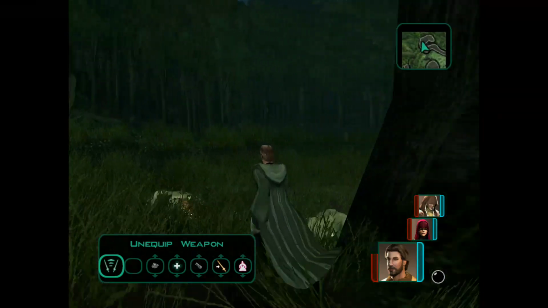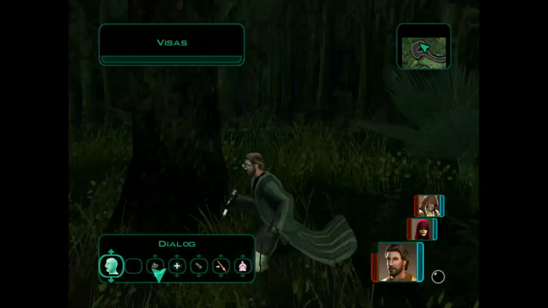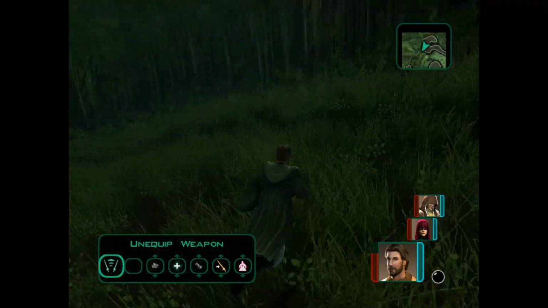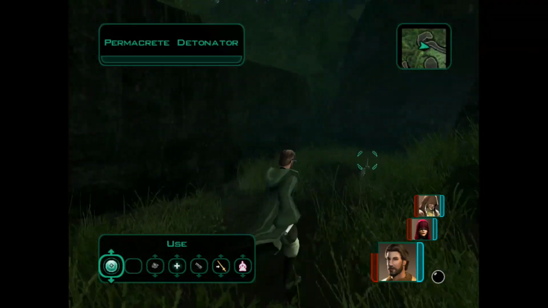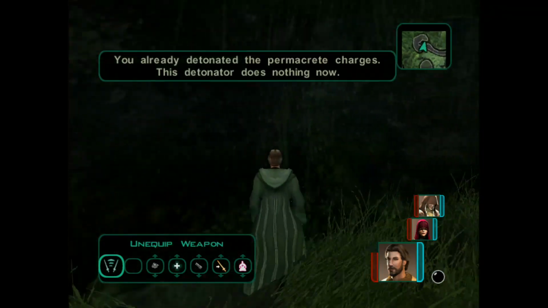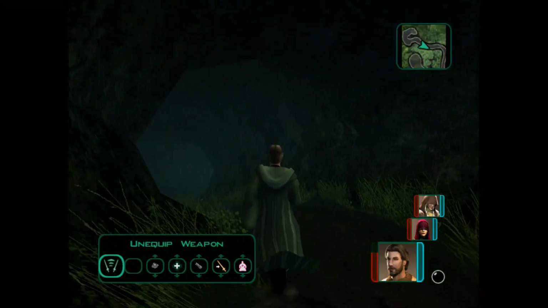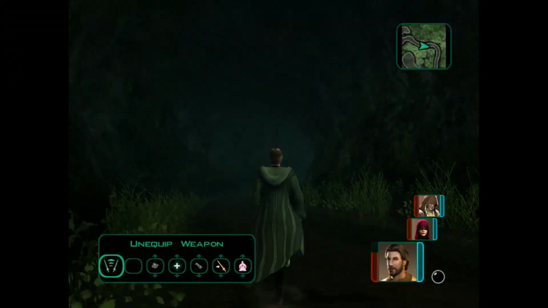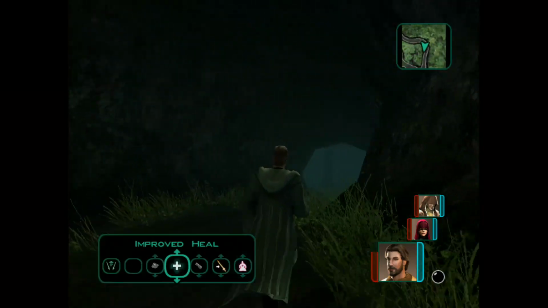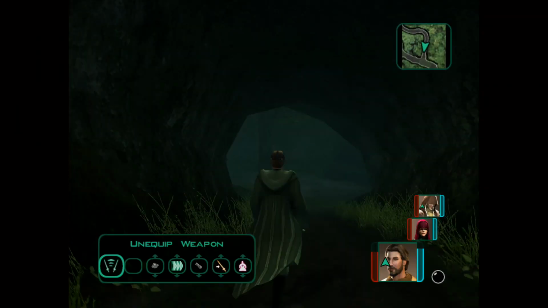Alright, well now what? That was so useful. I thought I was going to get something for doing that. Alright. That was fun. Let's do that again. Right, so we've done the 2 things we needed to do here. Let's quickly check which part of the map I haven't...